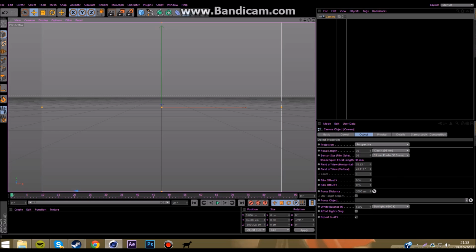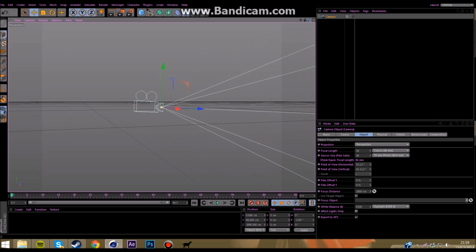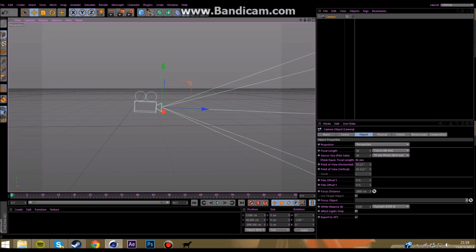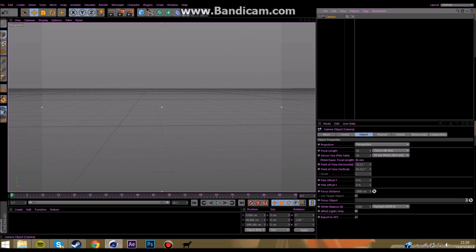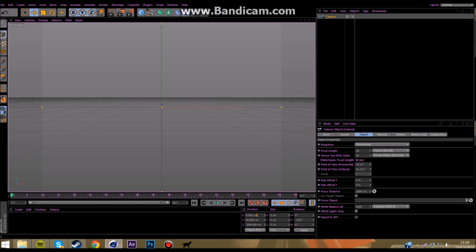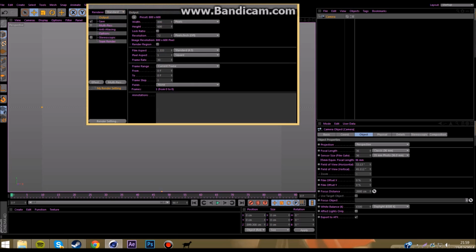Select the camera and select this little square, camera object, and once you're in, when you go out of it, you can see this is the camera, and when you go in, you see from the camera perspective. Okay. And then you want to go down to the position and change it to 0 by 0. Just leave this number, and the rotation has to be 0 as well, 0 by 0. And then press Ctrl B to go to your render settings,